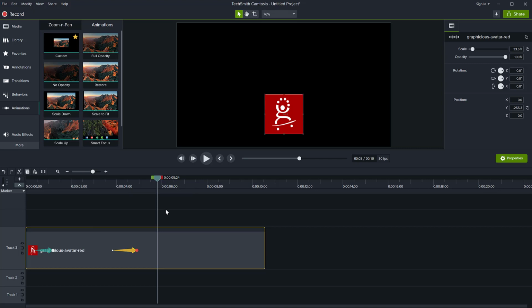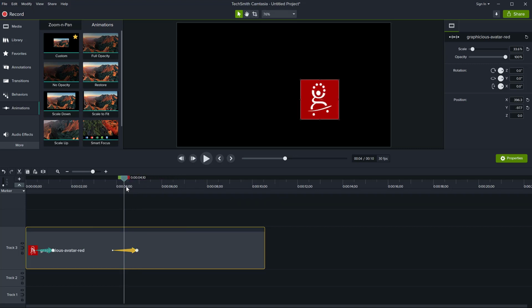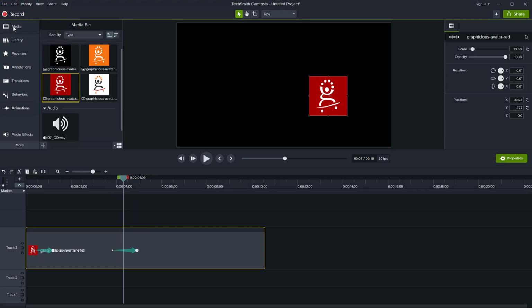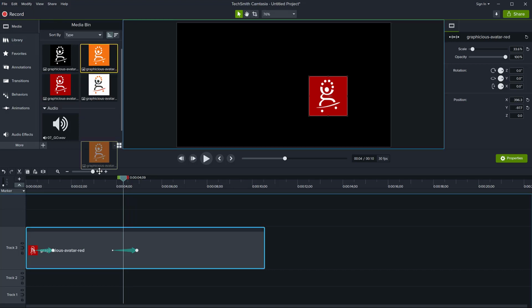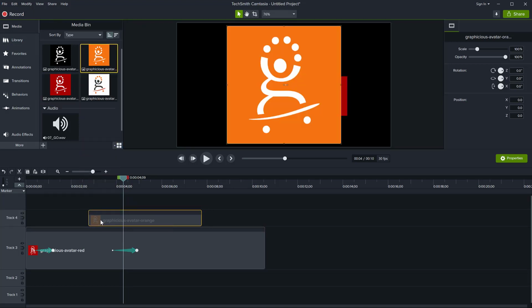Okay, so let me give you another tip. If you have created an animation and you want to replicate that, you can either on the same clip or another clip. So let's now put another clip from the media bin onto my timeline. This new clip doesn't have any animation at the moment. I'm going to make it the same length as the red one.